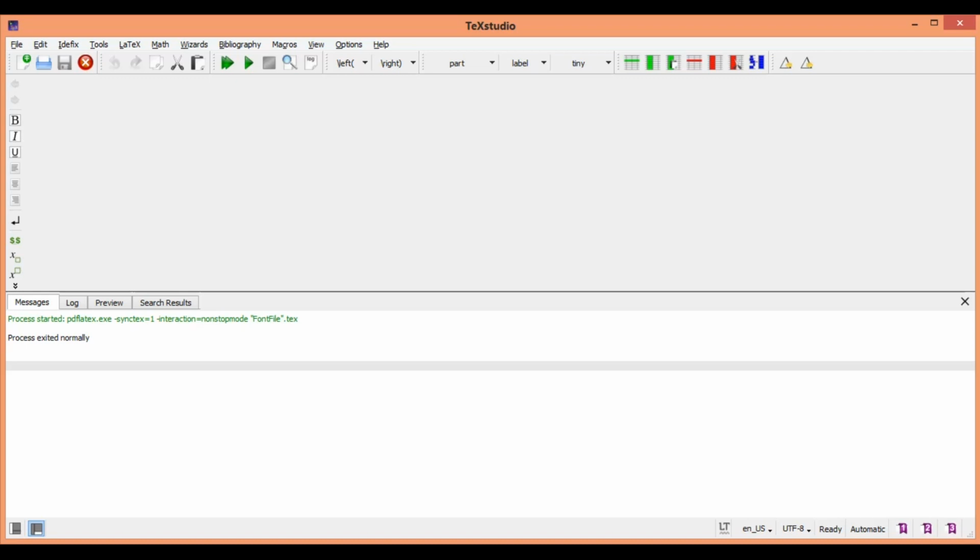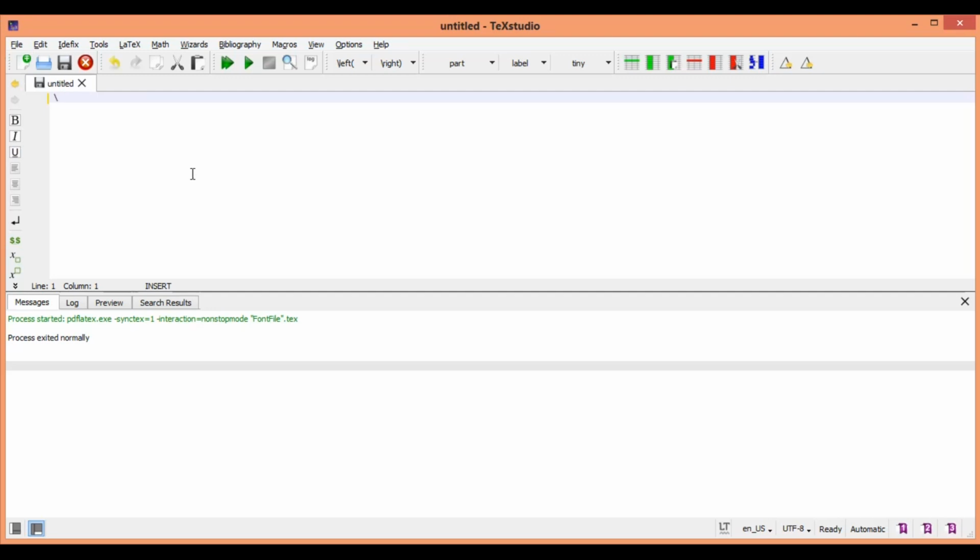In the first session of LaTeX, we saw why LaTeX is popular, how it can be used to create a very small document, execute that LaTeX command and see how the document gets created. In this session, we are going to see how to manipulate different font styles, how to modify the text font styles. So first let us create a new file and start coding it.